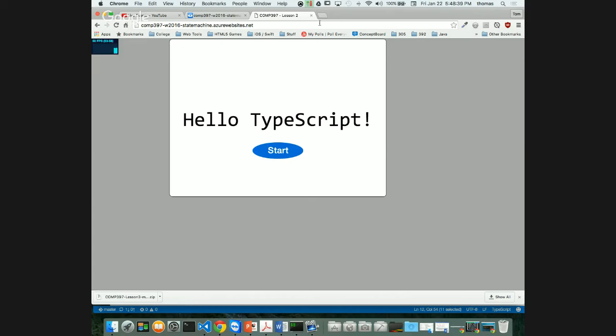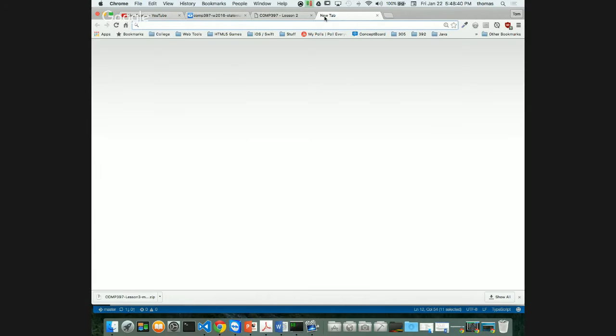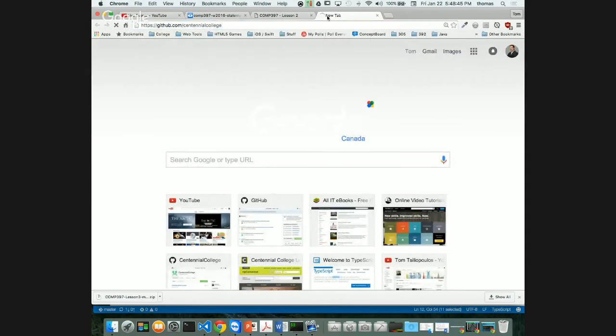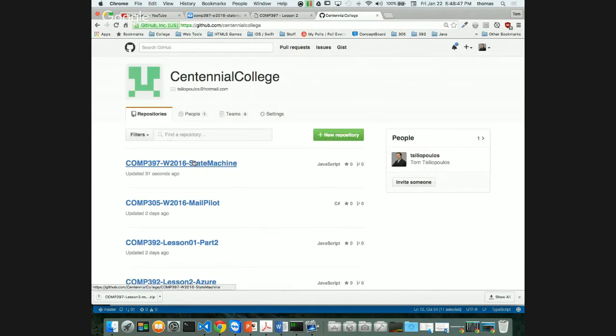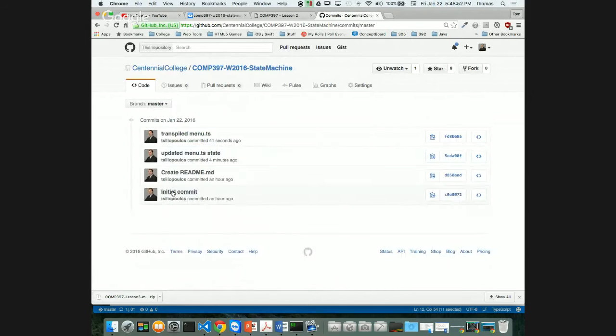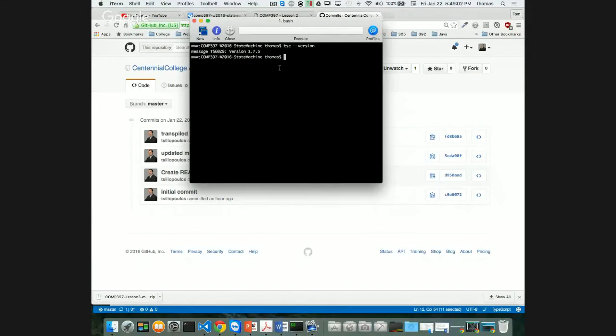No, right? Because on my GitHub, if I go to github.com and look at my Centennial College repository and my latest files, notice how I have 4 commits. Here are my commits: I made an initial commit, I created my README, I updated my menu state just now, and I transpiled my menu because I forgot to transpile. So I've got 4 commits here, but locally, if I do a